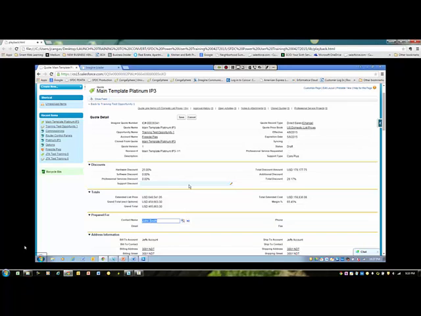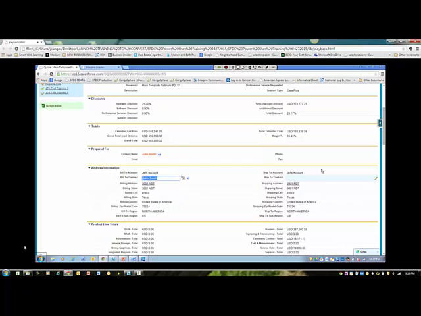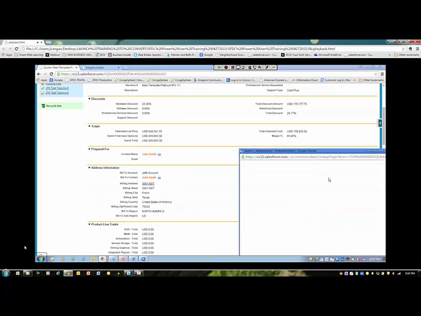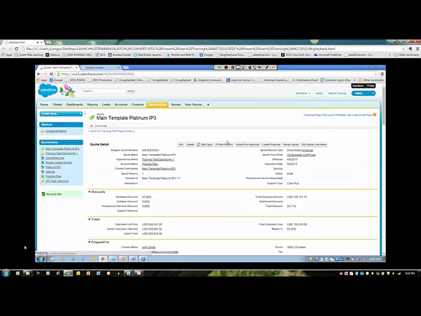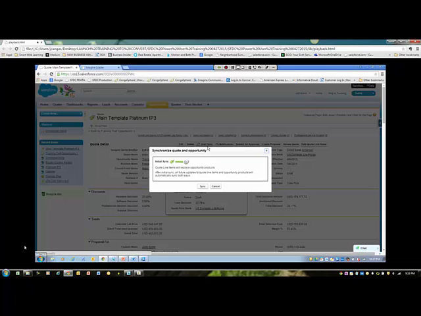Okay. Let me enter in this bill to contact and the ship to contact real quick here. Let's save that. And then let's come back up to the top here, go over some of these buttons. So going back to your question, Joe, to synchronize your quote so that you're keeping this in sync with the associated opportunity, very simple process. You simply click the Start Sync button, and then it's going to give you this quick message to tell you what this is going to do. You click Sync,